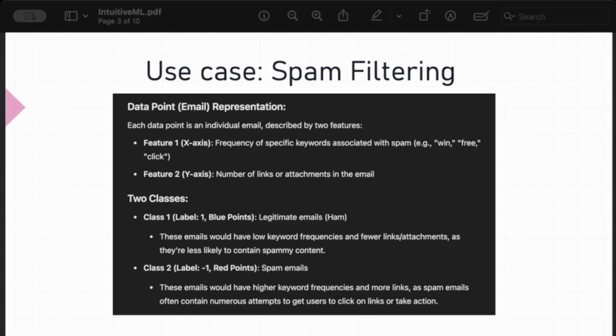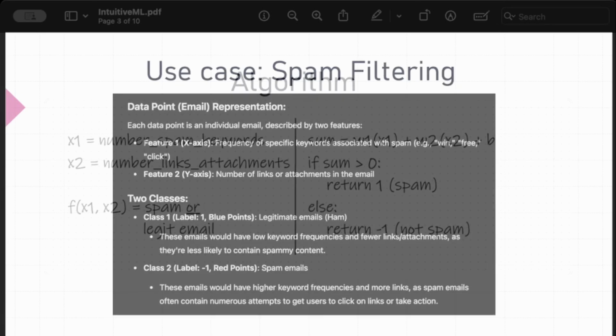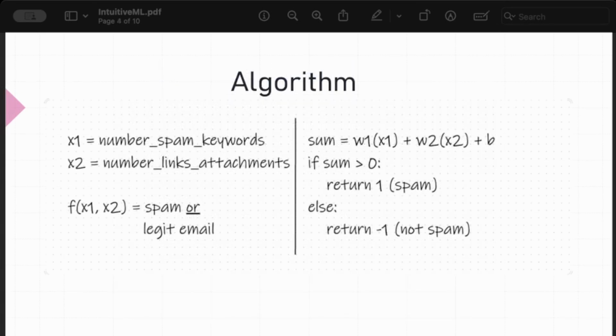We're starting out with just 2 dimensions. In most real world scenarios, there are many, but 2 dimensions, maybe 3, is about the most that we can easily visualize in our mind and kind of wrap our head around. But let's use this as an example. Here we've just defined our algorithm for our use case. We have our 2 inputs, x1 and x2. You can think of that as a function that's going to come out with a binary answer, spam or legitimate